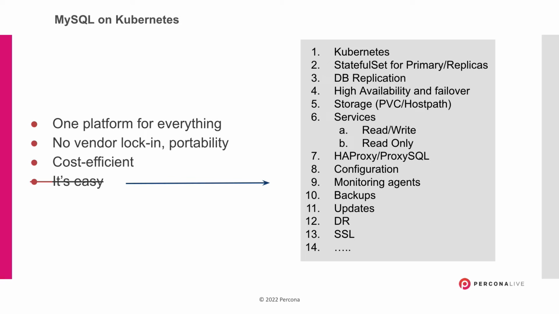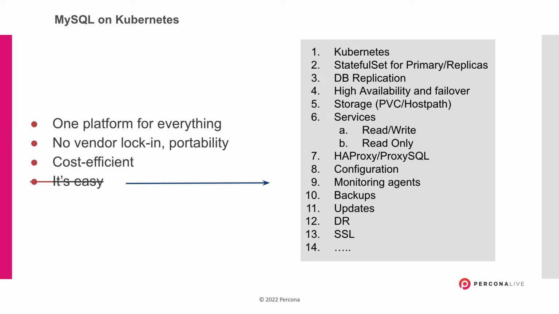It's not that easy because databases, not only MySQL, are stateful applications. So you can't just let Kubernetes move the pods around and kill them whenever it wants, or upgrade them randomly and these types of things. So you need to take care of state, maybe for primary and replicas separately, about setting up replication and high availability, and what storage to use. Should I use network attached storage with persistent volume claims, or maybe should I use local disks that are available on my hosts?